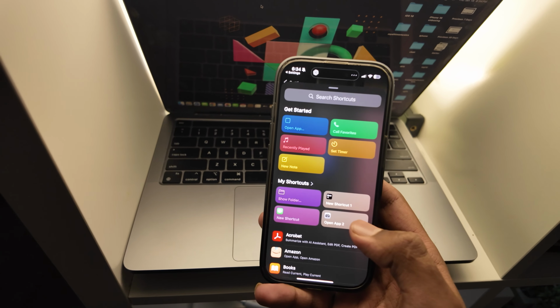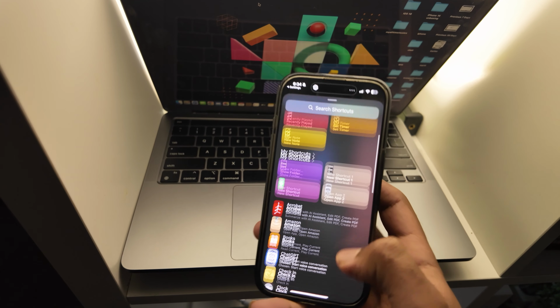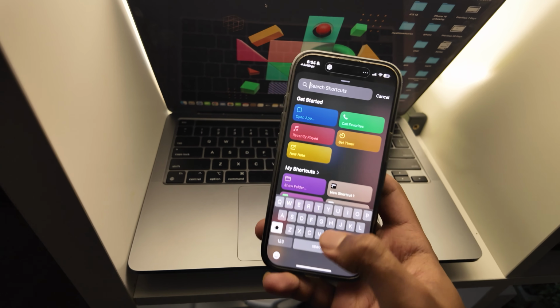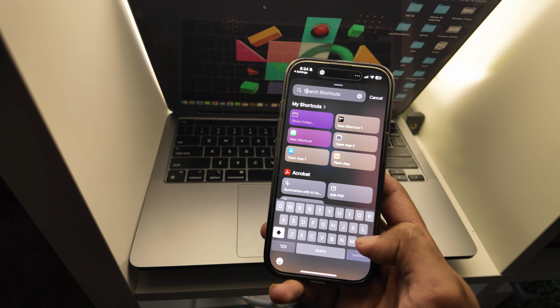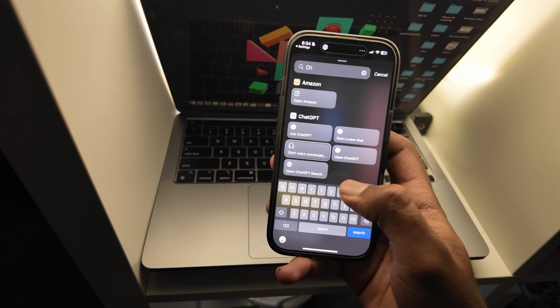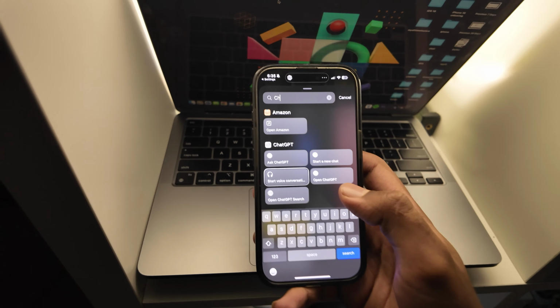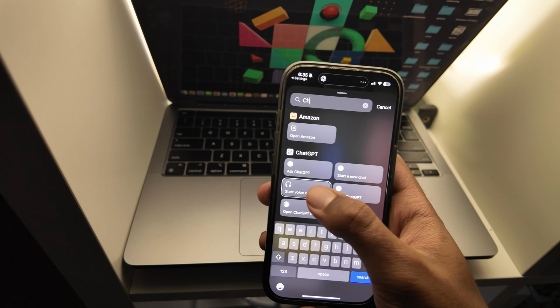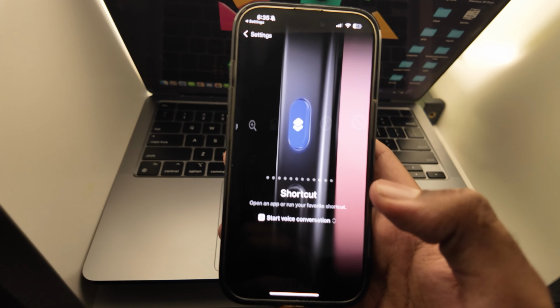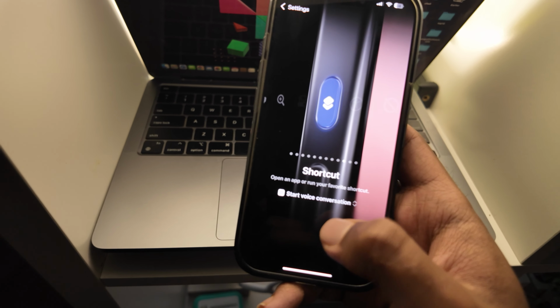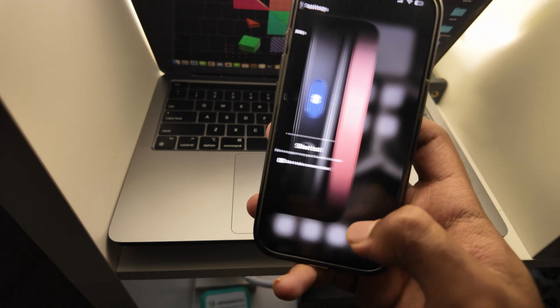So it's simple. You're gonna go to the shortcuts here. You're gonna tap here, and you can add ChatGPT from your phone as a shortcut. But remember to just download the ChatGPT application on your phone first. So if you already have ChatGPT on your phone, you're just gonna add the ChatGPT voice conversation option as a shortcut on the action button, like that. So now, it's already added here, and we are ready to use